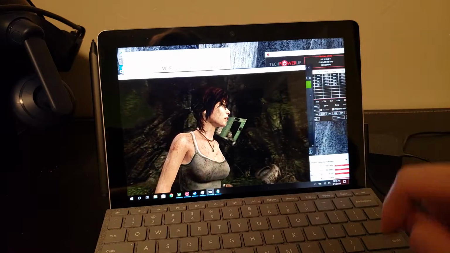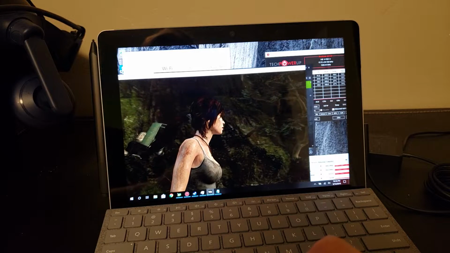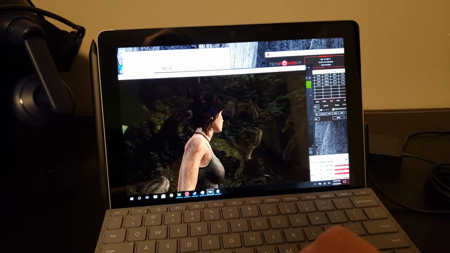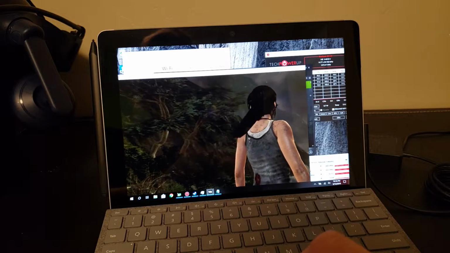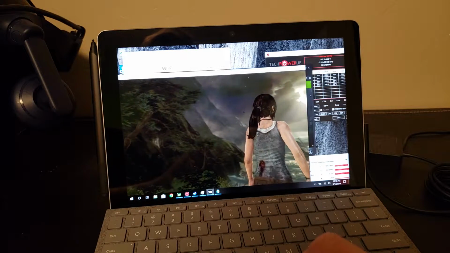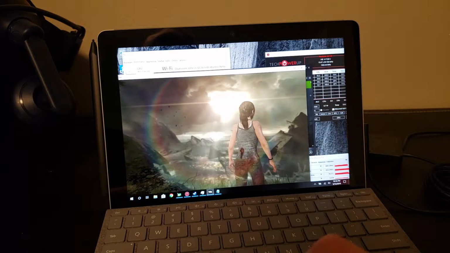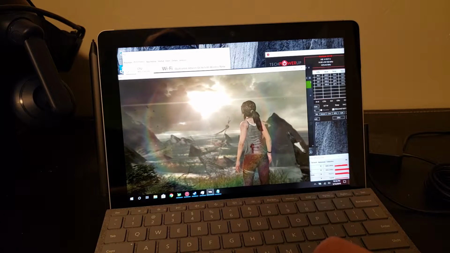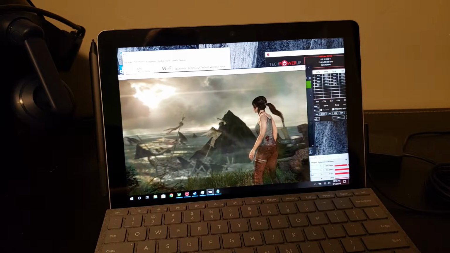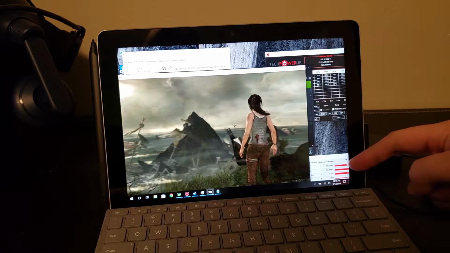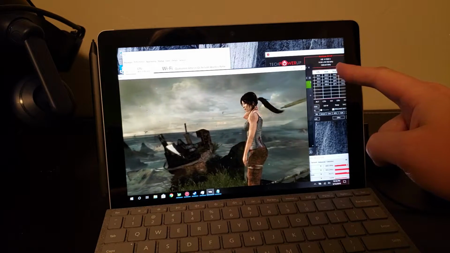You can see we're sustaining about 9 watts here. And we're doing pretty good because our GPU has stayed consistently at 800 megahertz, and our CPU is dropping